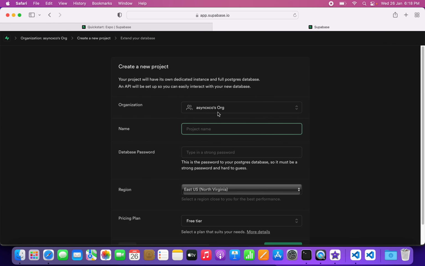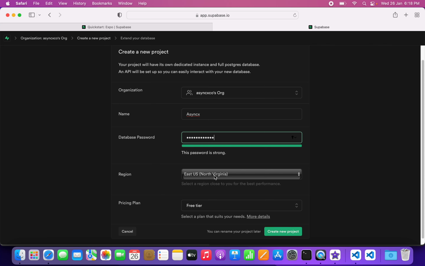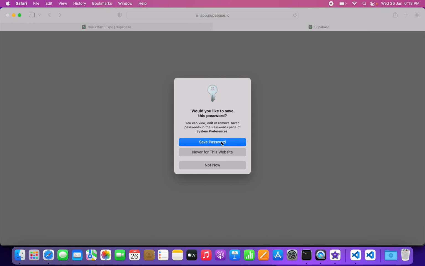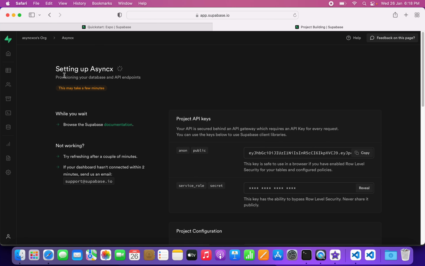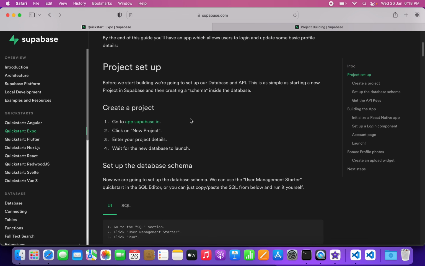So let's give it a project name. So I'm going to put asynx. Type in a strong password. And leave the other fields as default and create a new project. So I'm going to save the password. So it'll take a while for this to load, so we can move on to the next step,